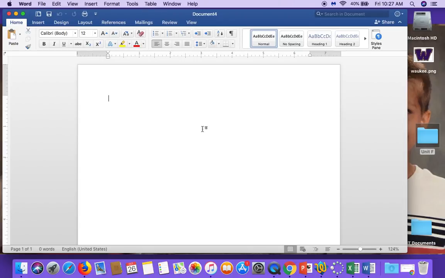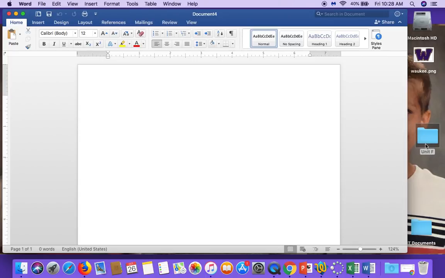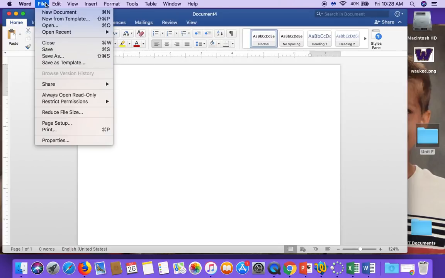So the first thing I think that we'll do is open up a file. There's two different ways you can open up an existing file, which is to go to Word and then File, Open. You can always just open up from the folder that it's in, but we're going to go ahead and do it the way the book suggests. And I'm going to go to File,